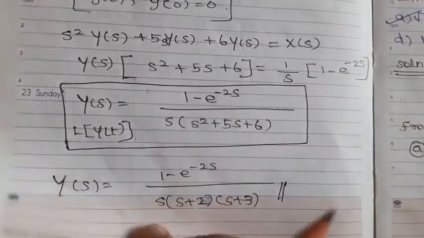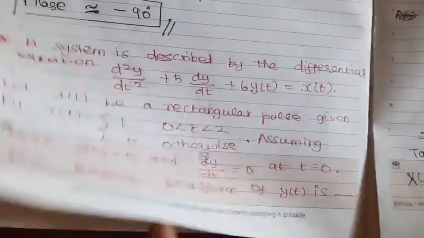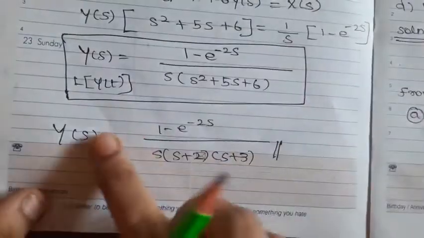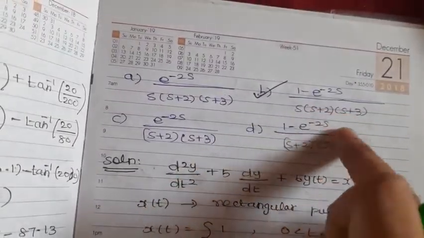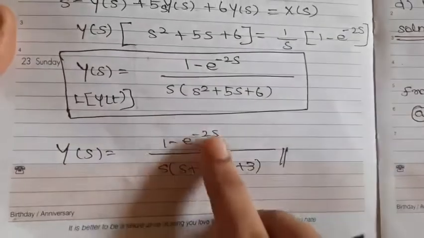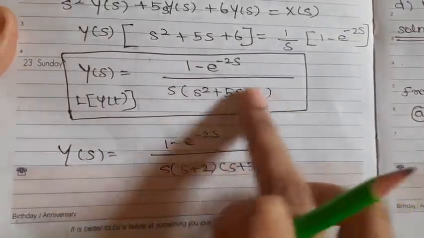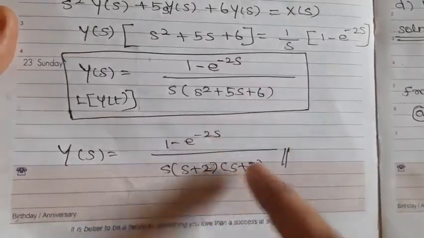So this is the answer. Actually, what we need to find out is the Laplace transform of y of t, which is nothing but Y of s. So this is the option: (1 minus e power minus 2s) divided by s into (s plus 2) into (s plus 3). In the denominator, s squared plus 5s plus 6 can be written as (s plus 2) into (s plus 3) factors. Okay, then